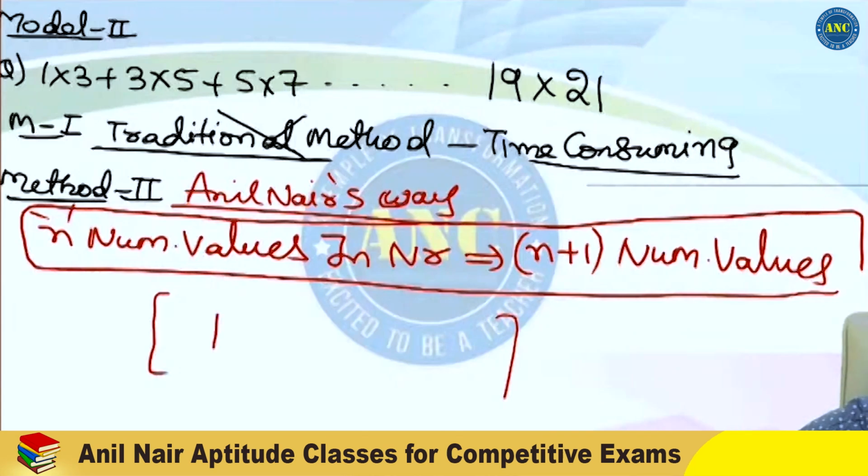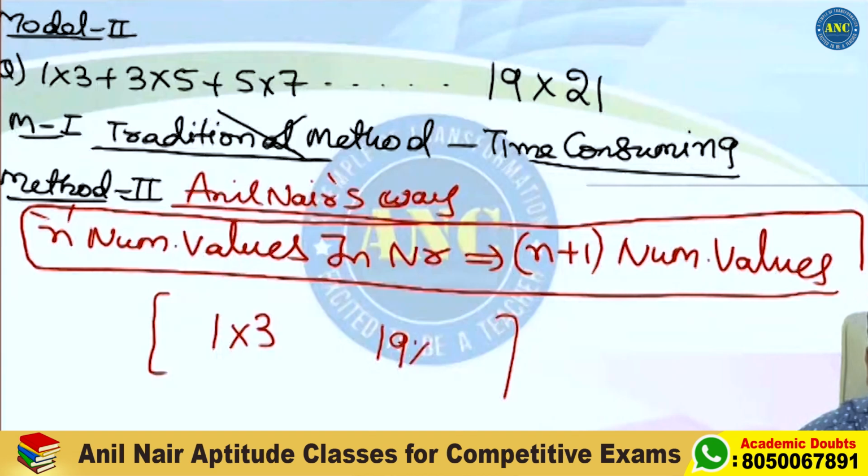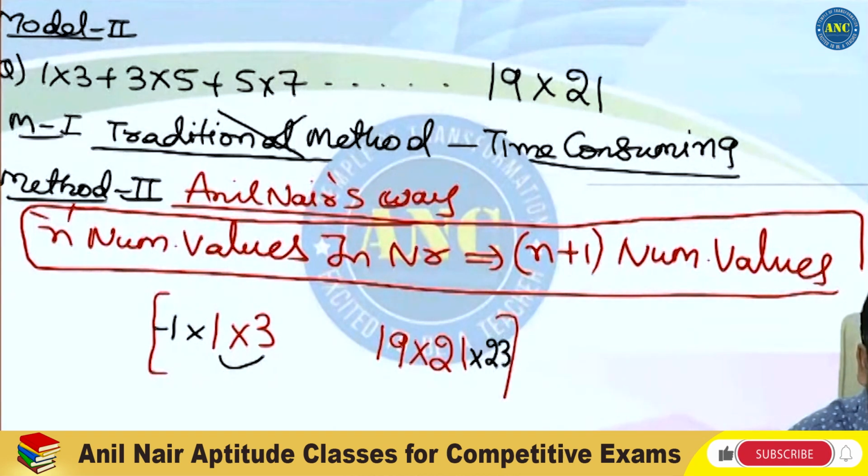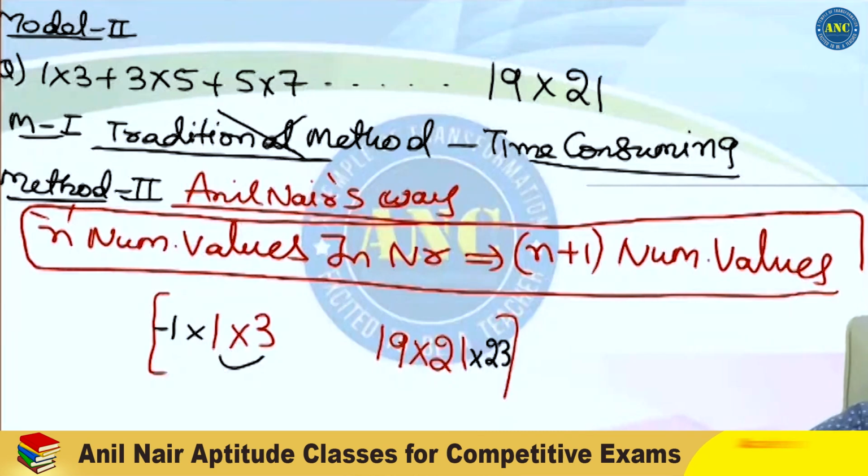1 into 3. Write down the first 2 as it is, and write down the last 2 as it is: 1 into 3, 19 into 21. We have to make it into 3 numerical values. The difference between 1 and 3 is 2. Go 2 units before, and go 2 units after. I will give the proof; I am just writing the answer. First write down the first 2 numerical values and the last 2 numerical values, then go 2 units before and 2 units after. 1 by